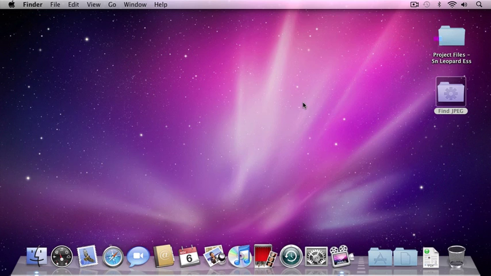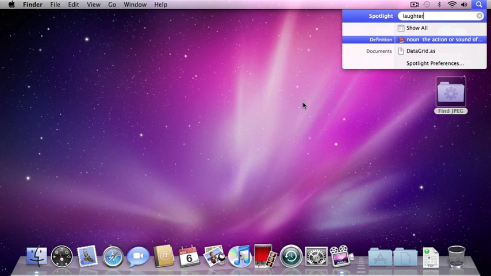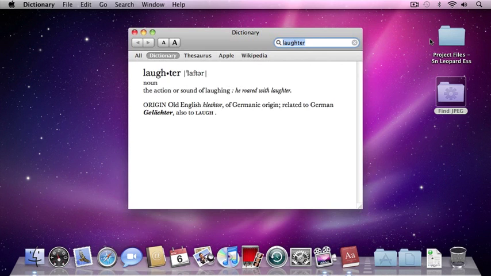Let's do another search. A quick way that I can access Spotlight is by pressing the Command and Spacebar keys on my keyboard at the same time and then releasing them. Notice how Spotlight appears in my menu. I'm going to type the word laughter in the Spotlight field. One of the powerful things about Spotlight is it also gives me quick access to my dictionary. Notice how the definition option is currently highlighted, and if I were to click on that or press the return key on my keyboard with it highlighted, it's going to open the dictionary